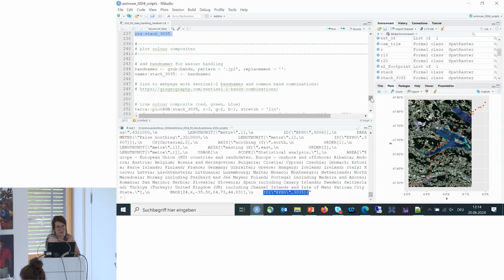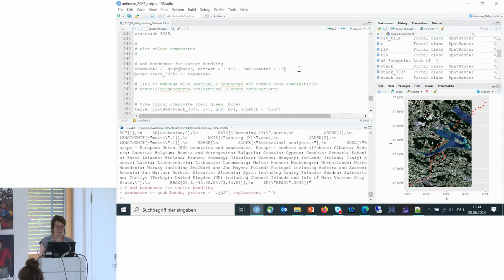If you want to look at your data you've created in a bit more detail, you can plot these color composites. You can just plot an RGB image, as we can see here, but you can also plot the different false color composites. For that, I would just give some